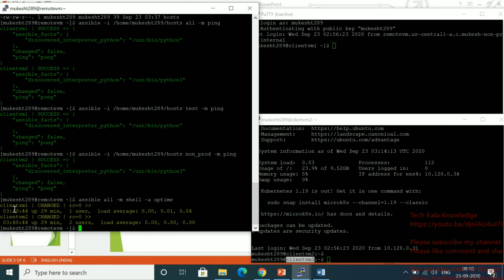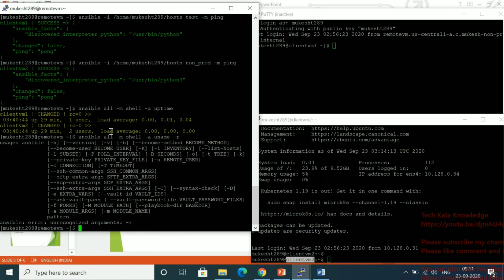You can see it's showing client VM1 uptime 20 minutes, client VM2 29 minutes. Let me show you. Suppose you want to check the kernel version, you use uname -r. Sorry, you have to use it in brackets.